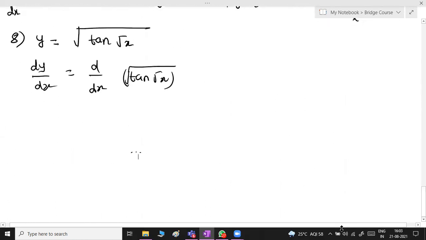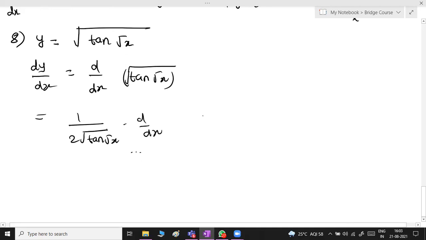Where is the question gone? Okay. So what we can do is, dy by dx will remain as it is. What is the root of tan? I mean root of tan root x. So here it is 1 upon 2 root x, in place of which I have tan of root x, into,